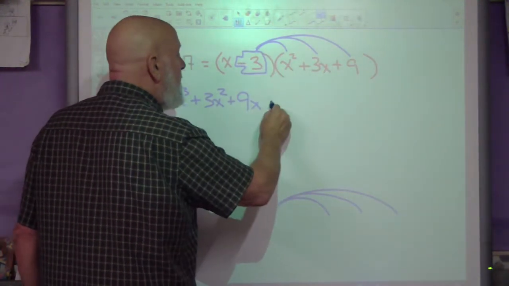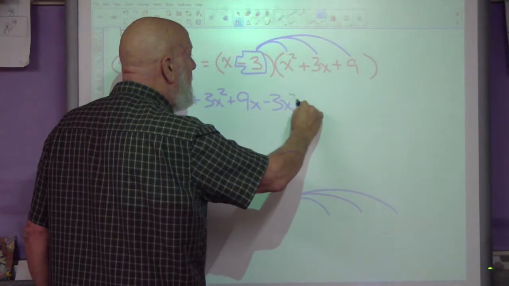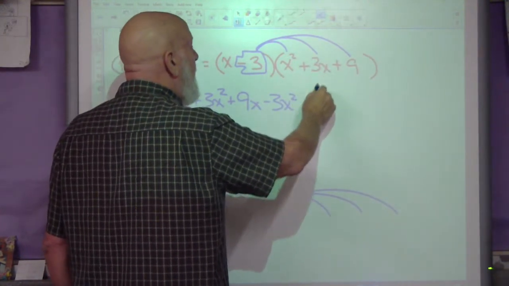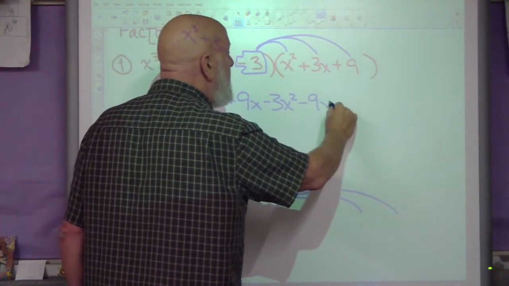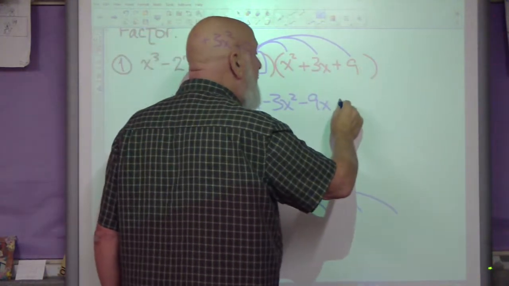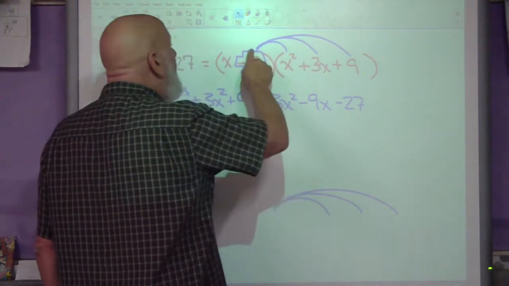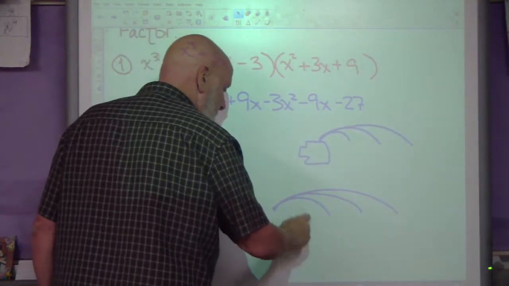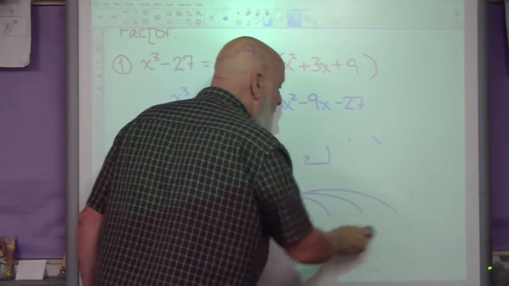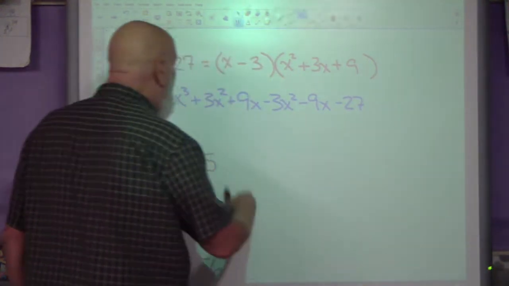Negative 3 times x squared is negative 3x squared. Negative 3 times positive 3x is negative 9x. Negative 3 times positive 9 is negative 27. And I've finished distributing. Now, when I go to do all of the combination of like terms, I will see